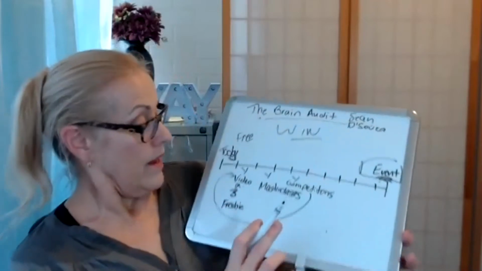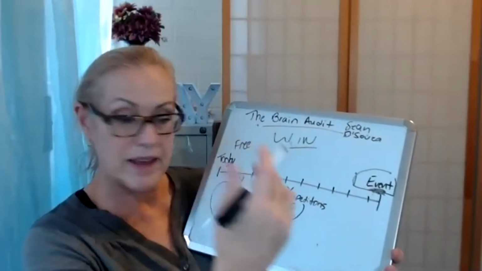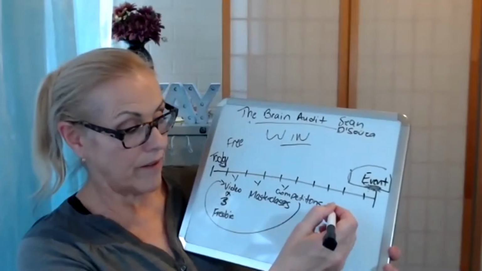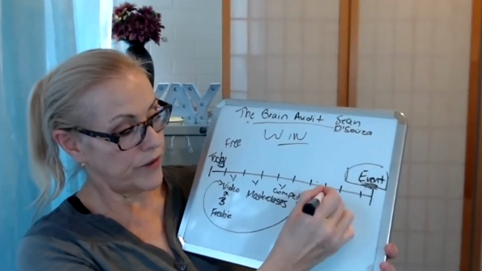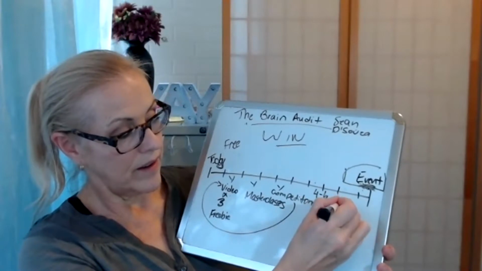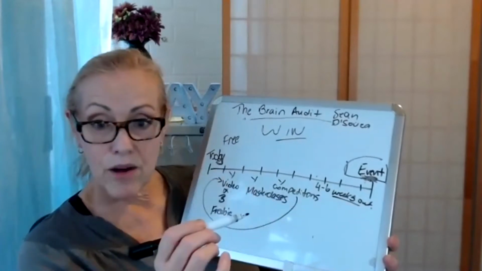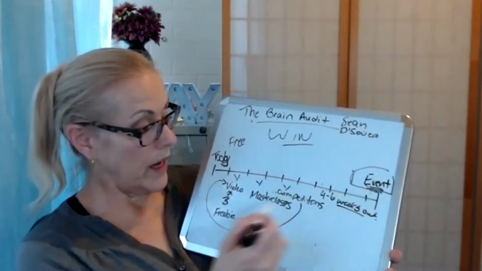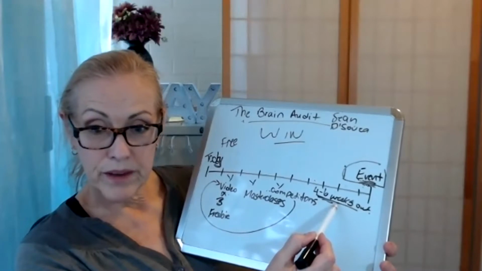But that's okay. So these are the sorts of things that you can do, but you've got to be consistent. You've got to have stuff consistently, and all roads lead to this. Nothing is actually selling anything until about 4 to 6 weeks out. So tickets aren't on sale. You're promoting it, you're running a competition, you're talking it up, you're giving value, but you're not selling tickets until between 4 to 6 weeks.